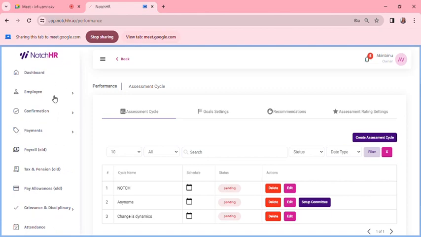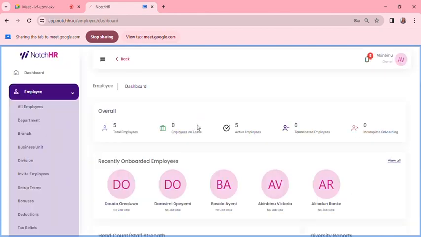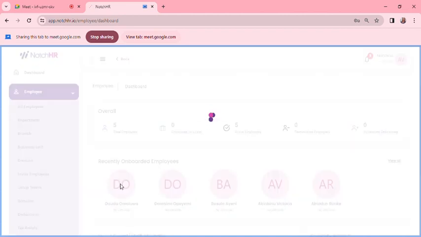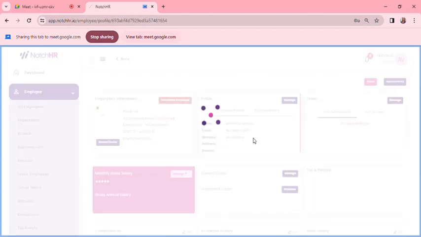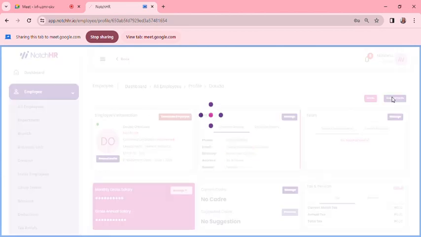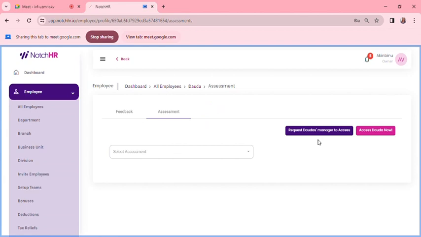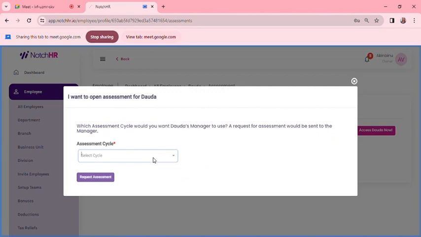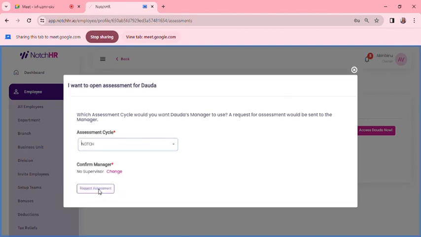to assess an employee. So I will be using, let me use Dauda Orelua as an example. So I click on Dauda Orelua and I click on assessment for Dauda. So I can request Dauda's manager to assess Dauda. But I need to make sure there is an assessment circle in there. So because I am requesting Dauda's manager to assess her, I can click on any of the assessment circles I want Dauda to input. So let me just click on notch, and then